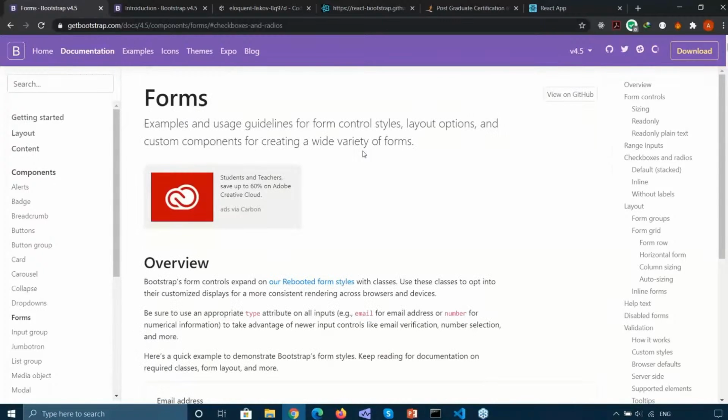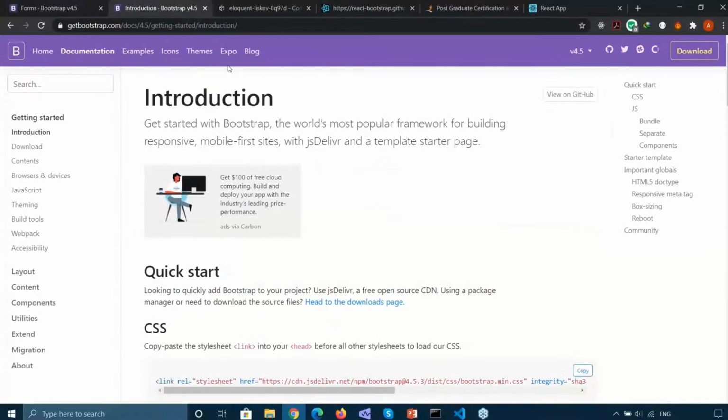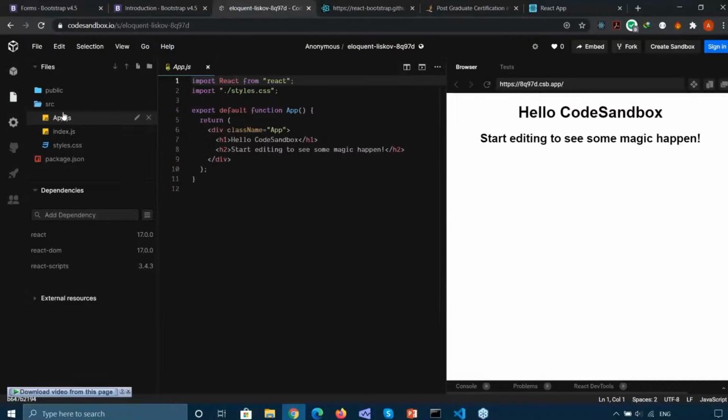Now, in case you have learned these things, these are the technologies that you can use. You can use Code Sandbox to build your form components. You can use React.JS to build your user interface, and you can use Bootstrap to provide it with styling. Now that that is done,